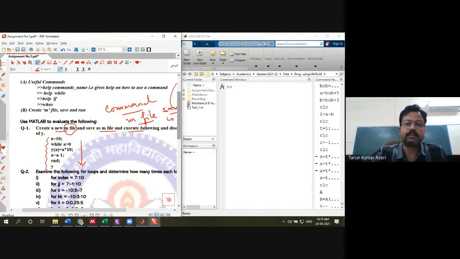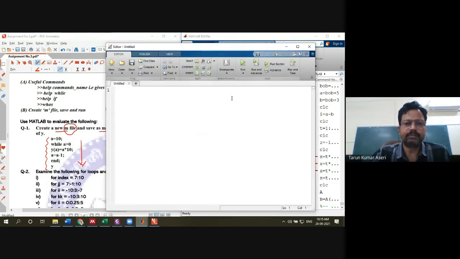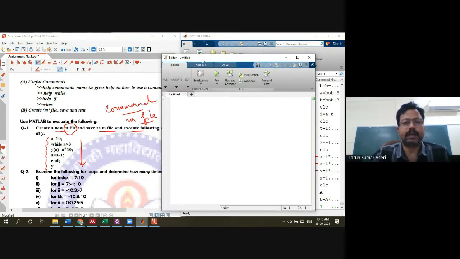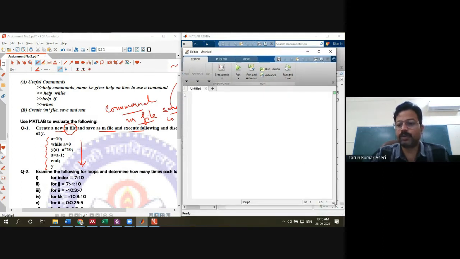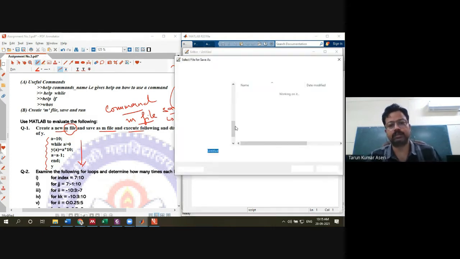So let's start. We create the M file by clicking on New Script. After clicking New Script, an editor window will open where you can store your program and save it with your name, so you can retrieve it later.